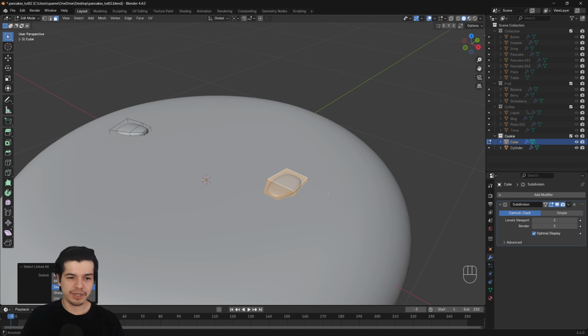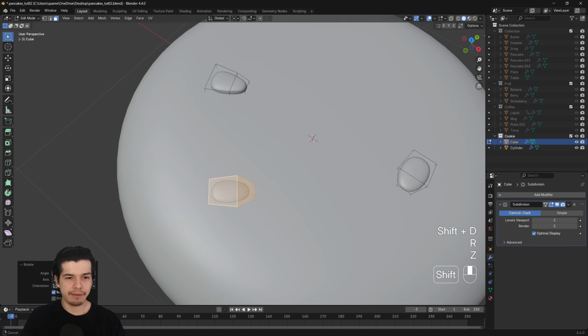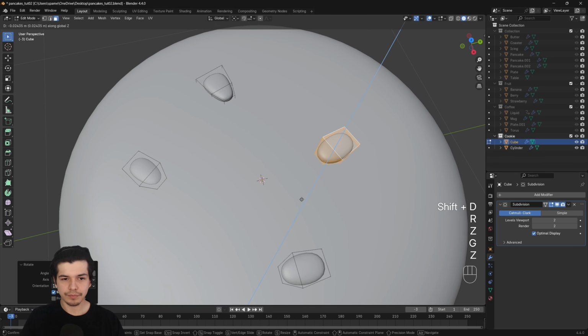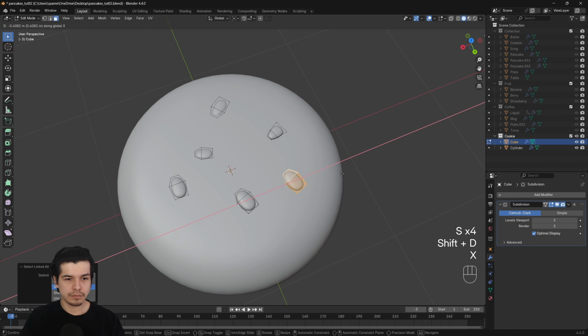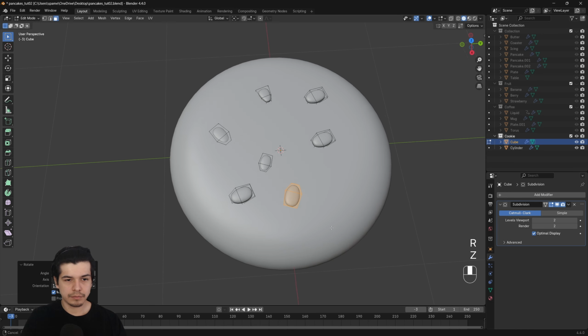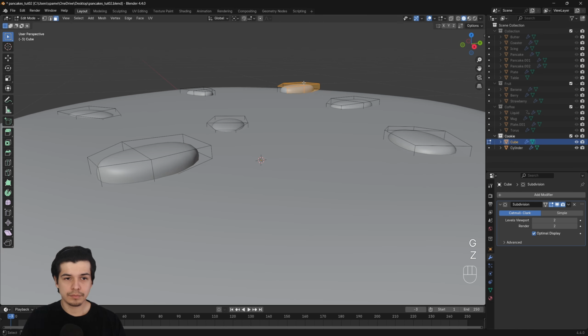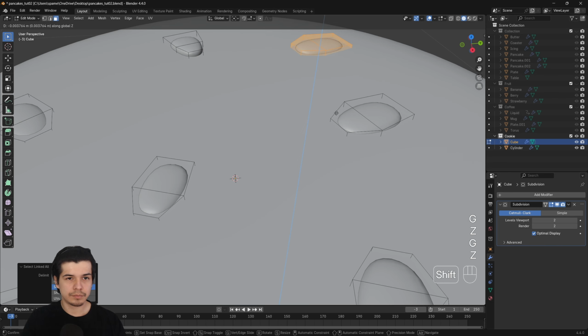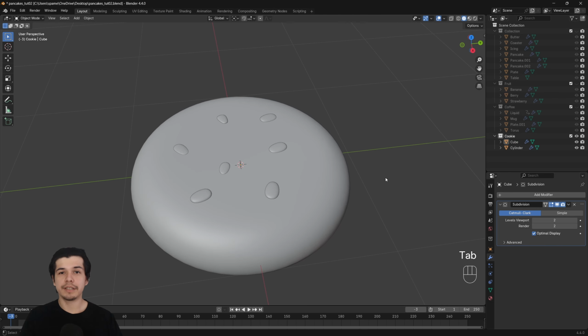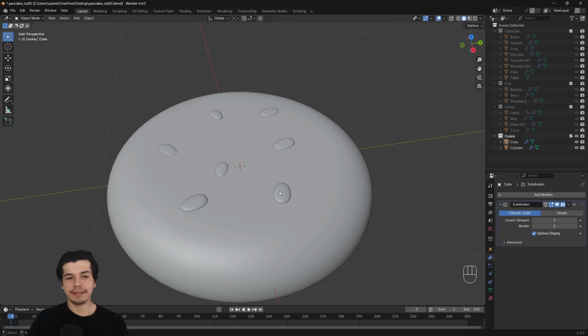So let me just use it, Shift D, and rotate this again. I will make a few of these. Okay, I sped this up because it's basically just moving, scaling, and rotating, and you all already know how to do that. Also, I use the linked a lot, and I will show you in some separate video